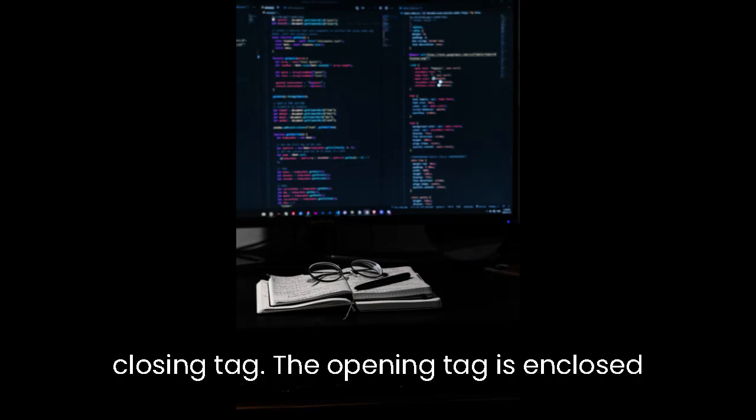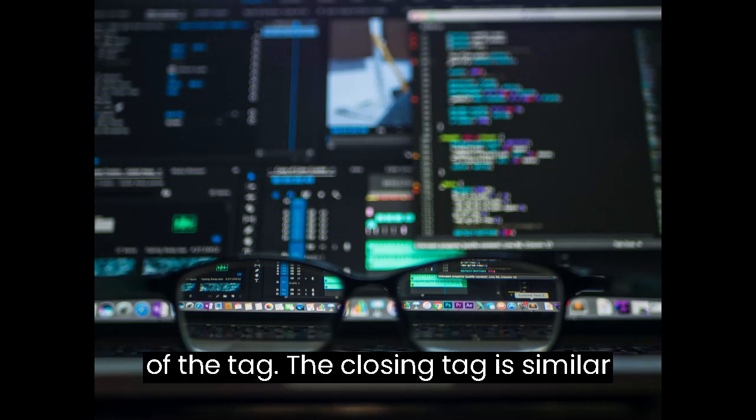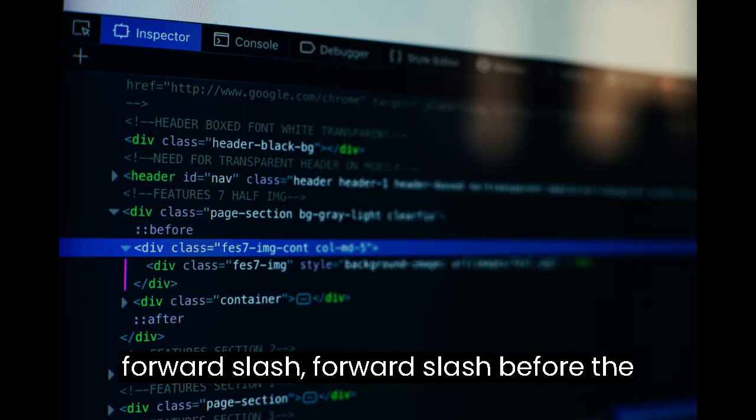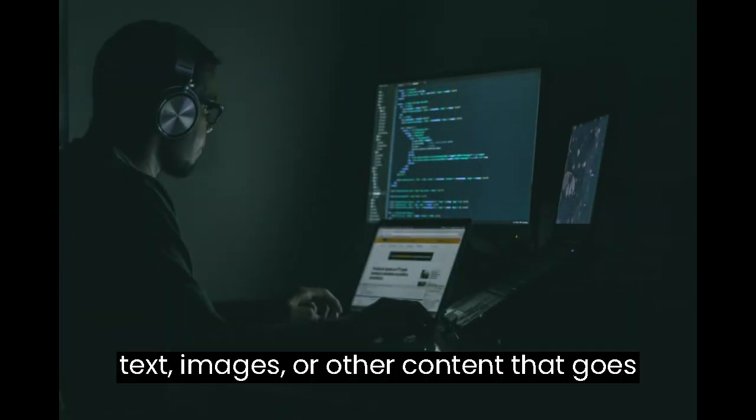The opening tag is enclosed in angle brackets and contains the name of the tag. The closing tag is similar to the opening tag but also includes a / before the tag name. The content of the element is the text, images, or other content that goes between the